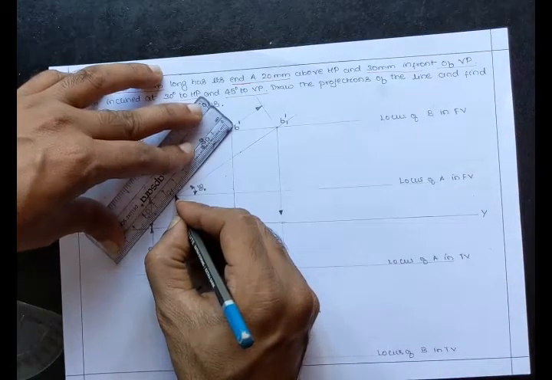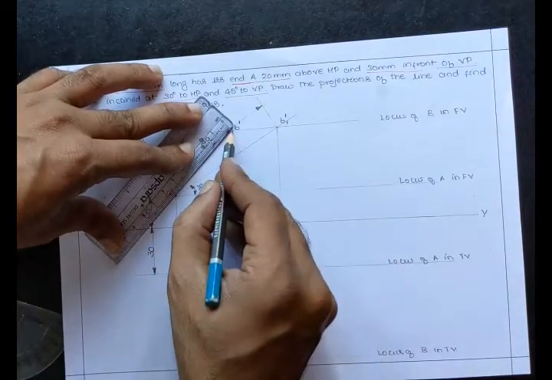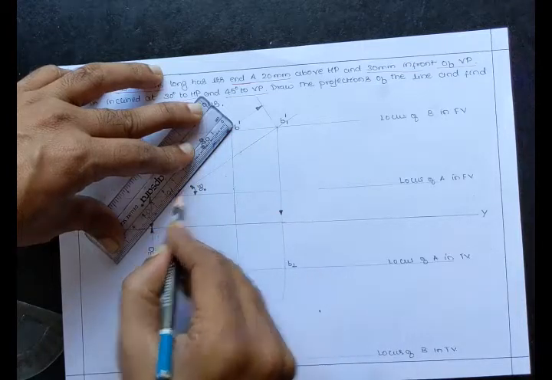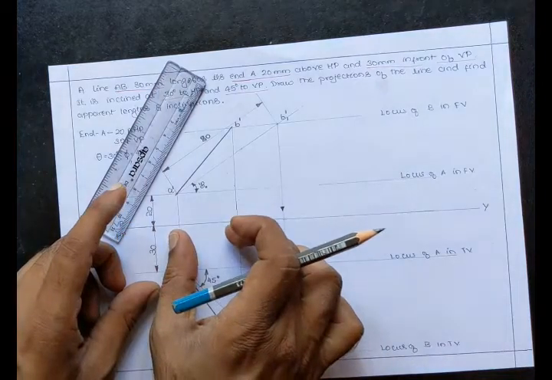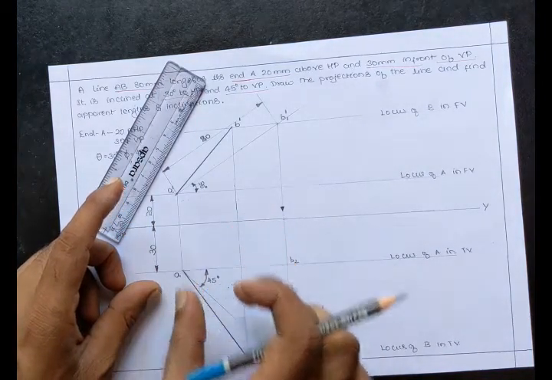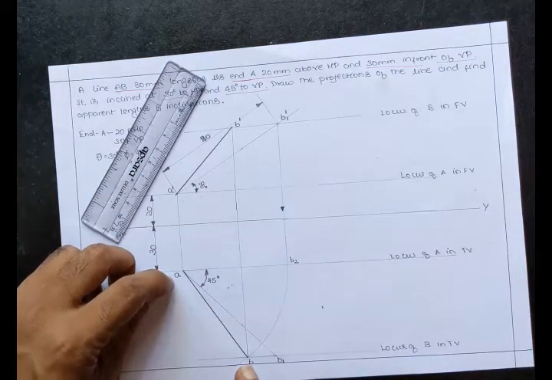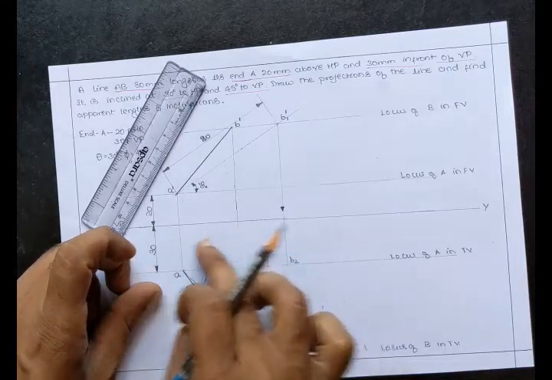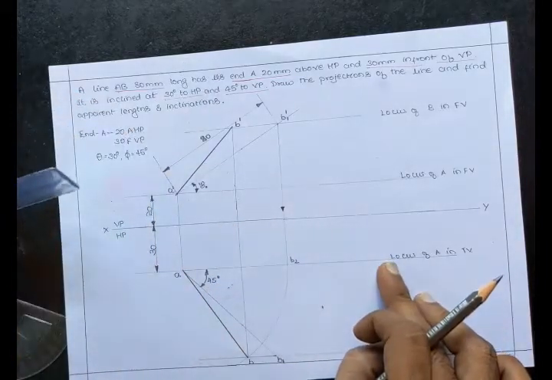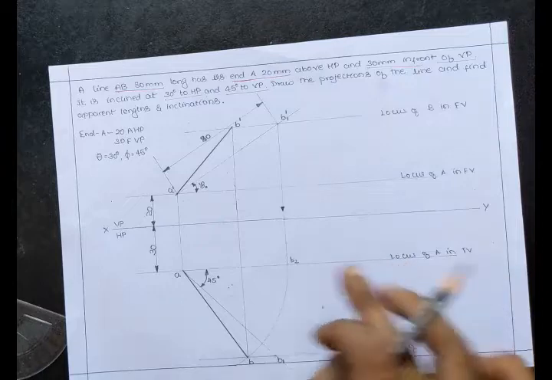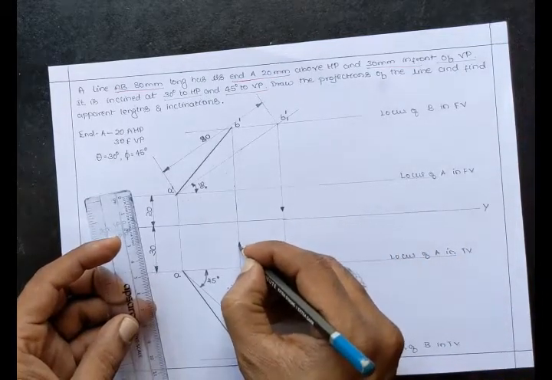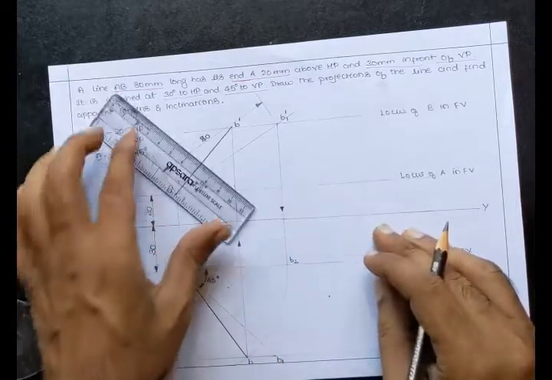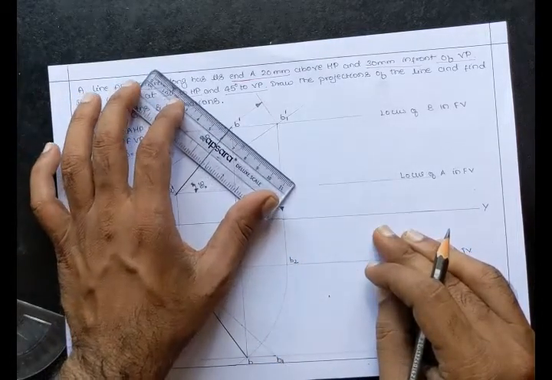The end projector distance is nothing but the length measured between the end points of a view length, parallel to the XY line. So this is what was asked. The problem is completed. The only thing is that we need to know the true length and dimension it. So let us do the dimension of that.